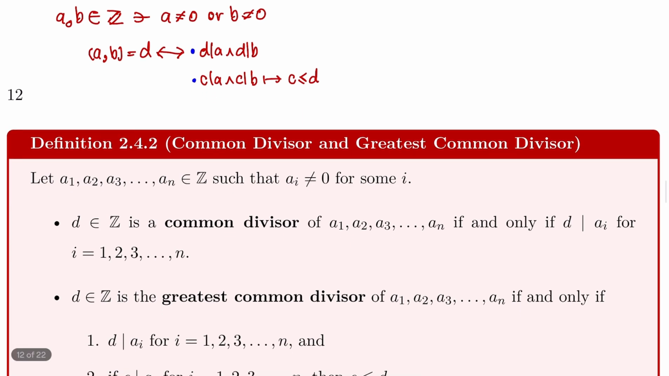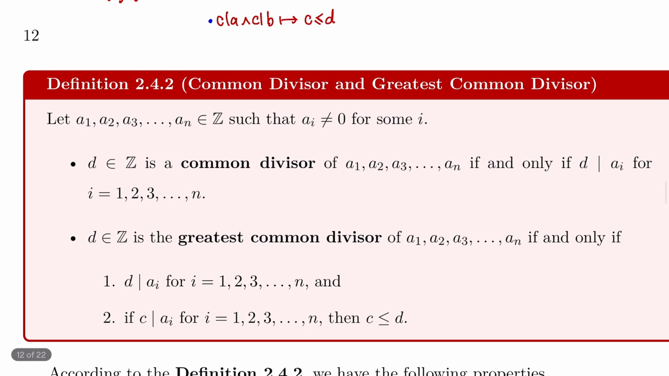Now, we are going to find the greatest common divisor of more than 2 numbers at the same time. Let's say we have n numbers, okay, n integers. So we let a1, a2, a3 all the way to an be integers such that ai is not 0 for some i. That means that all of these integers a cannot be 0 at the same time. Okay? So number one,